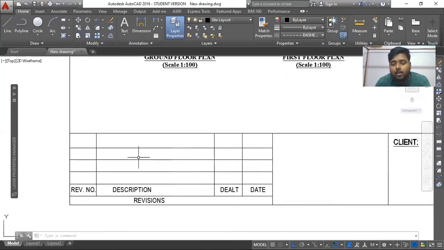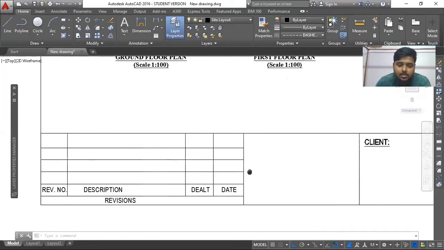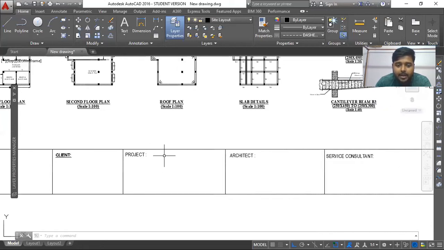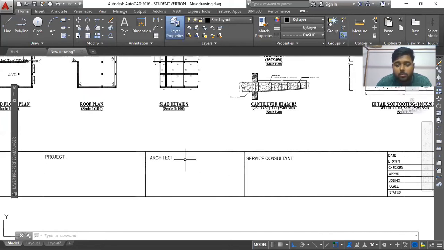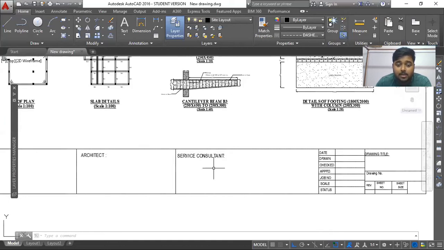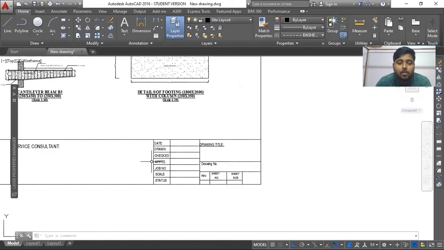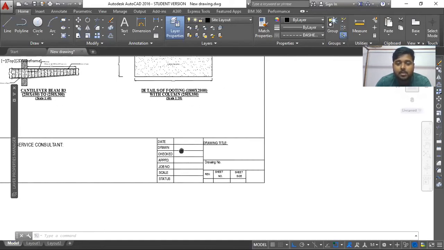Okay, maybe you made the contract that you'll go for a maximum of 3 revisions. In that case, you can write it here and take the signatures: your client's signature, project title and details, the architect, that means your signature, the service consultant, the person who is taking care of the construction part, or maybe the structural engineer's signature as well.